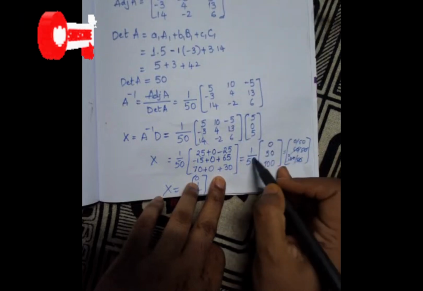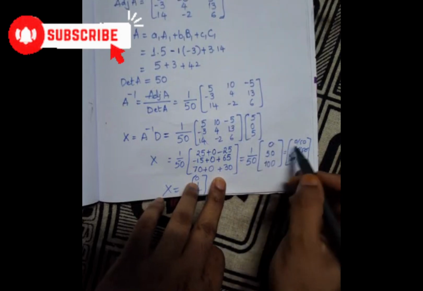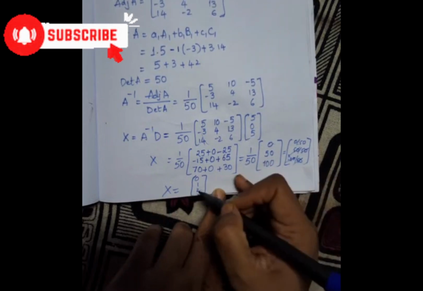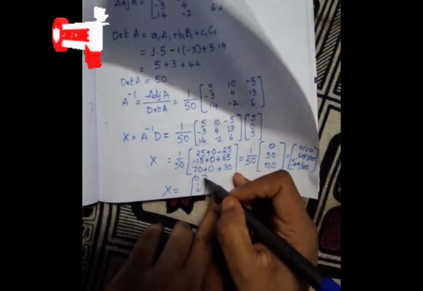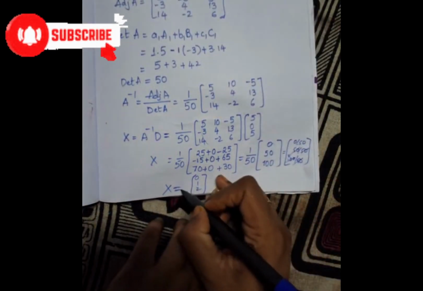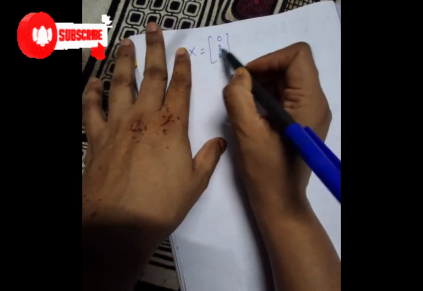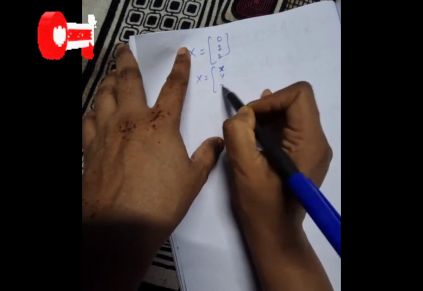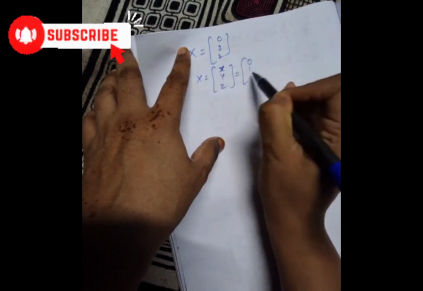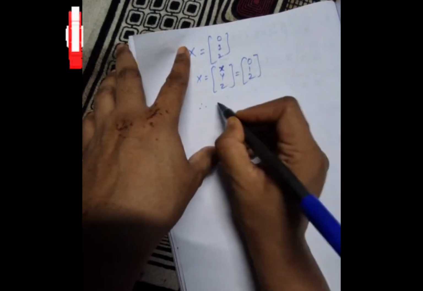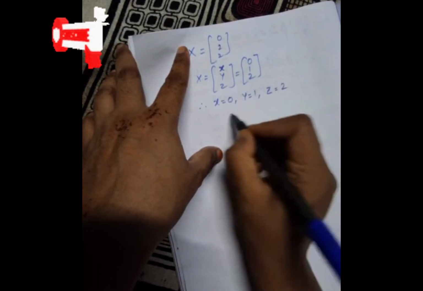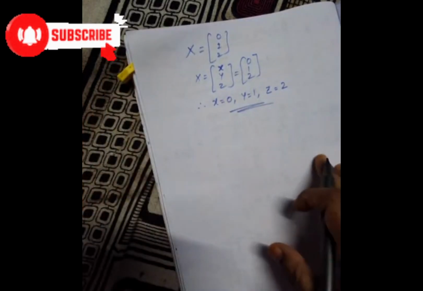Now we are taking this 50 inside: 0 by 50 is 0, 50 by 50 is 1, and 100 by 50 is 2. So 0 1 2 is the value of x. So x equal to the obtained value, which is 0 1 2. So what do we have to find? X y z. The obtained values are 0 1 2. Therefore x equal to 0, y equal to 1 and z equal to 2 are the values of the given